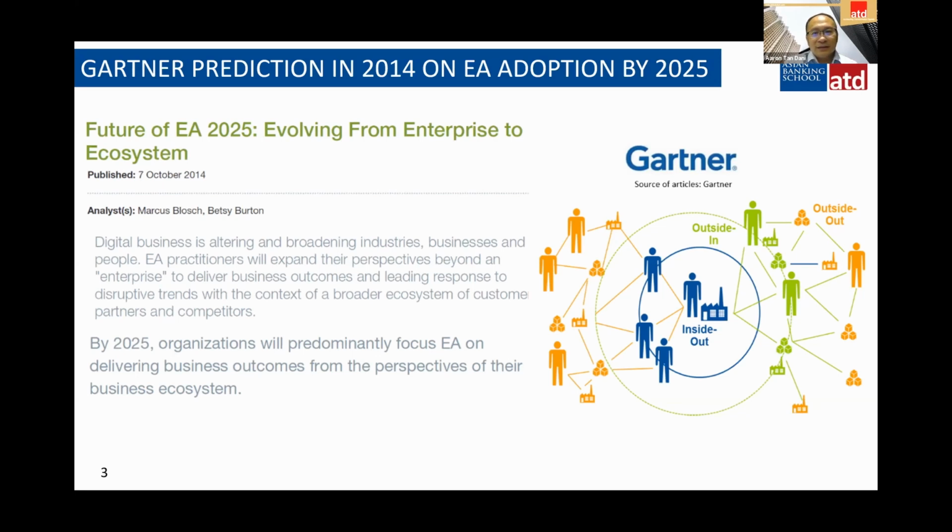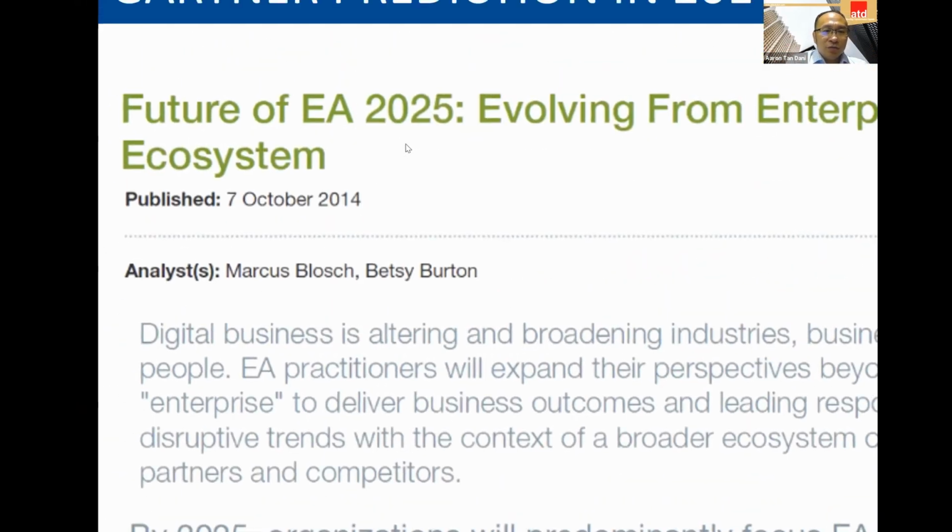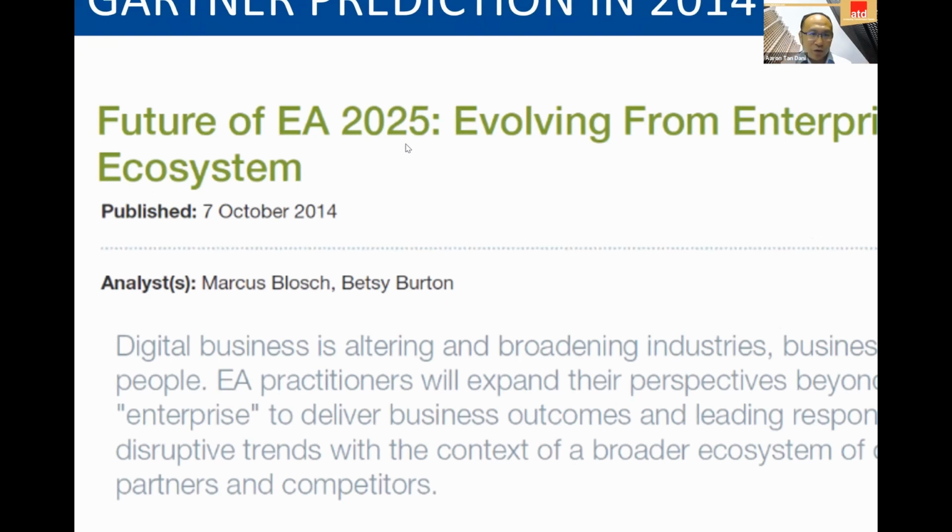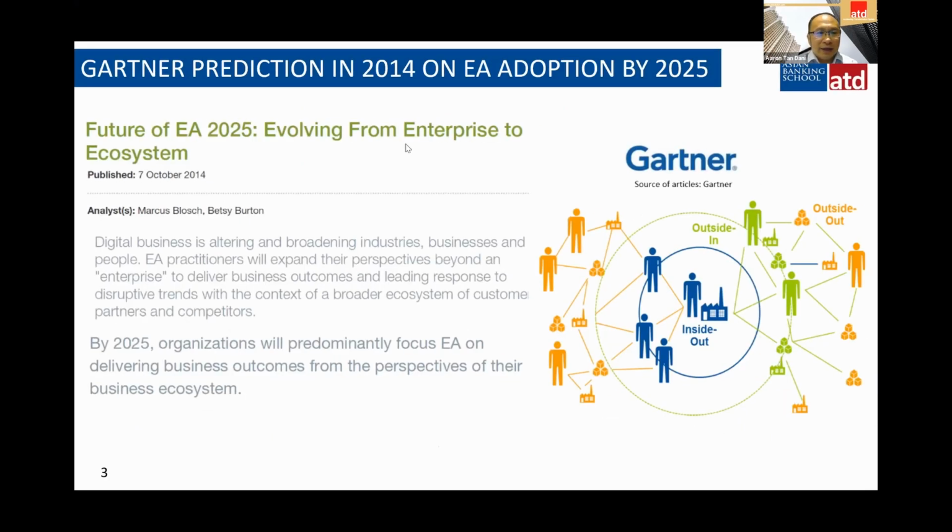And interestingly, Gartner made this article in 2014. Okay, if you see, this article is in 2014. So Gartner made this article in 2014 and a prediction for 2025. They mean a 10-year prediction, right? That enterprise architecture will play a dominant role, and industry starts getting to realize we have to change something. We need to have some sort of a proper practice